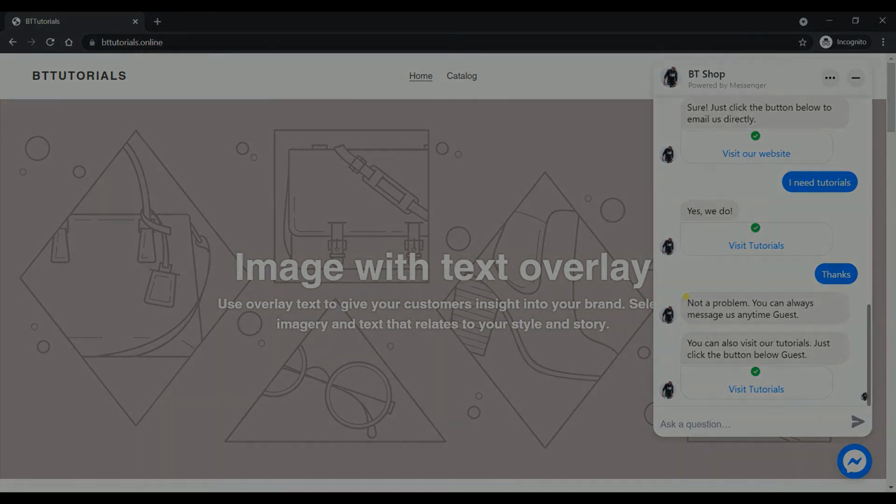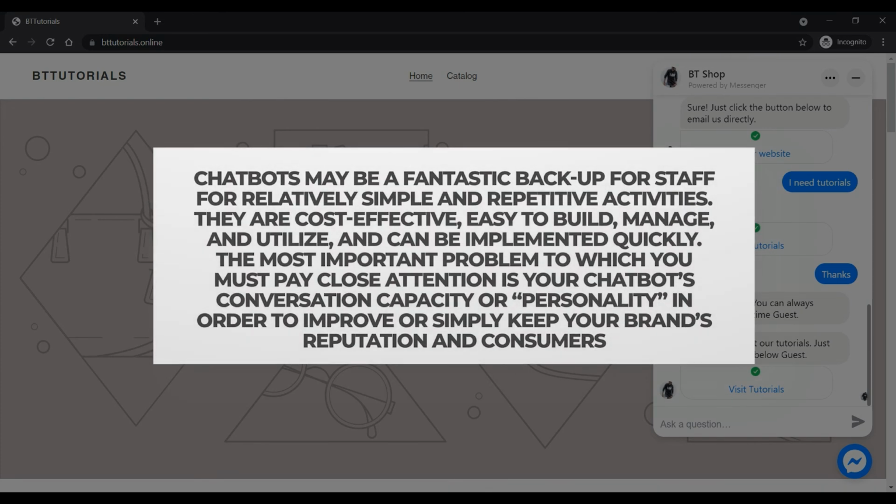As we can see, chatbots may be a fantastic backup for staff for relatively simple and repetitive activities. They are cost-effective, easy to build, manage, and utilize, and can be implemented quickly. The most important problem to which you must pay close attention is your chatbot's conversation capacity or personality, in